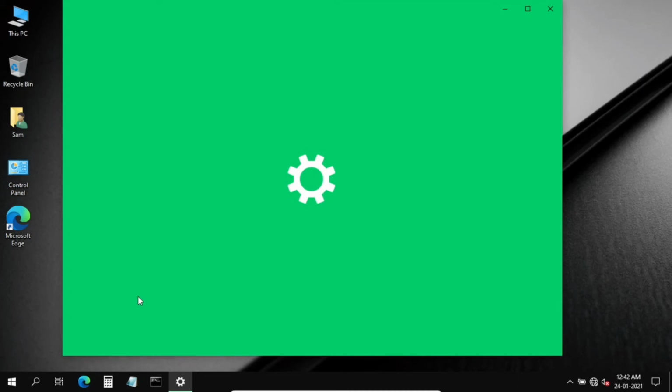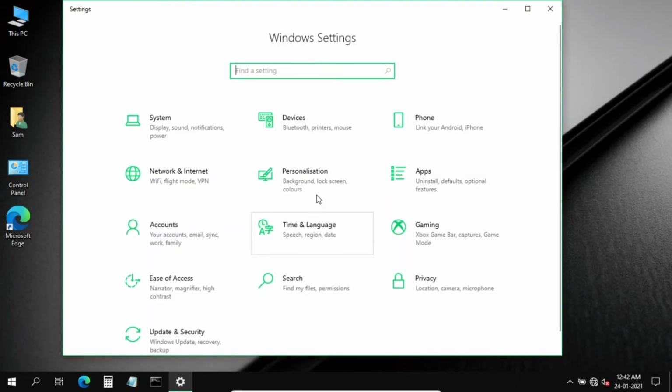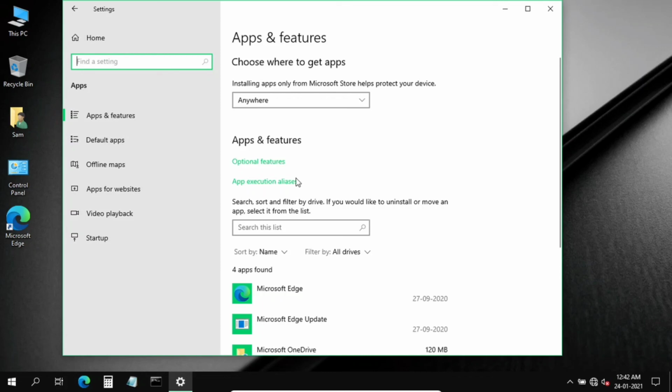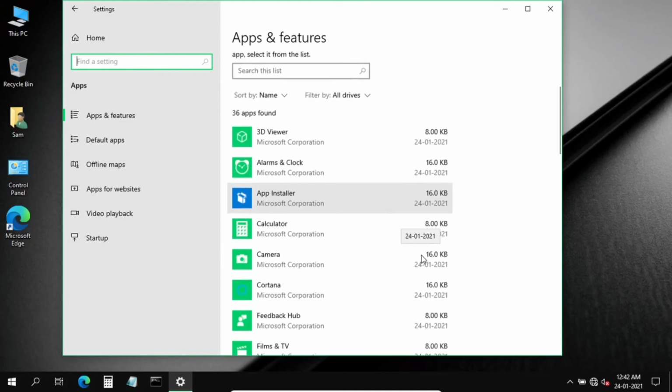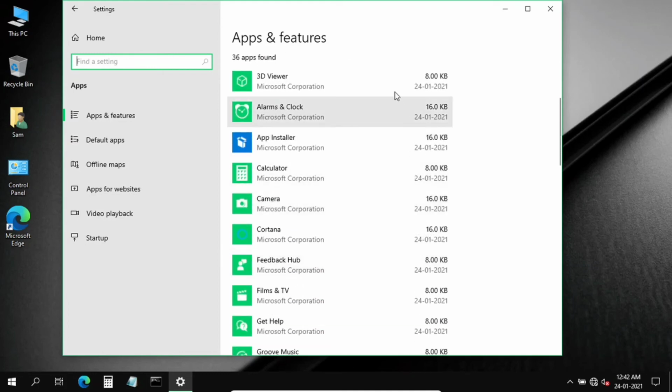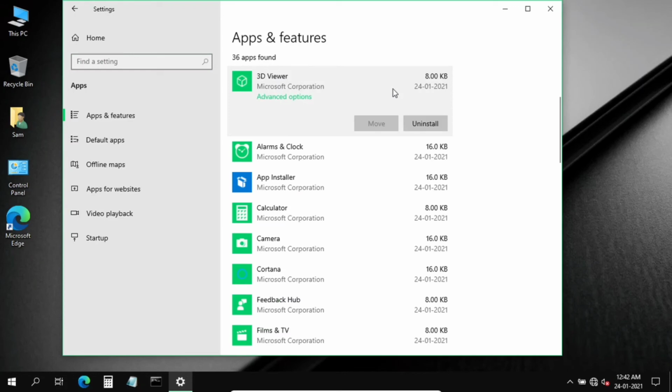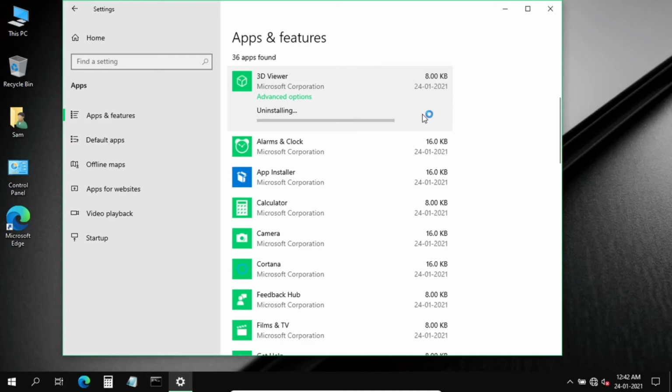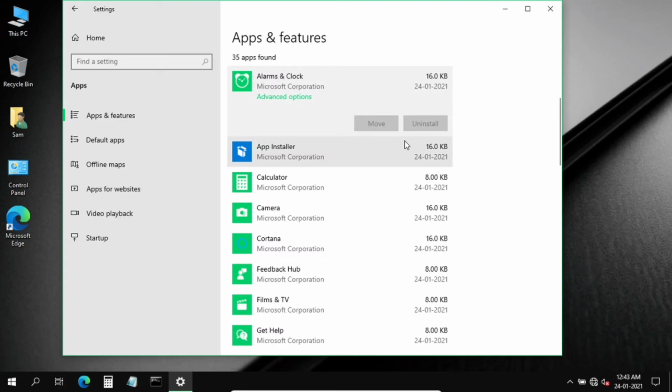So go to the settings, click on apps, and here you can scroll down and see the different applications that are pre-installed in Windows 10. Some of the applications can be uninstalled by clicking on it and clicking on uninstall. Again click uninstall button and you can see it will be uninstalled, but some of them cannot be uninstalled, and